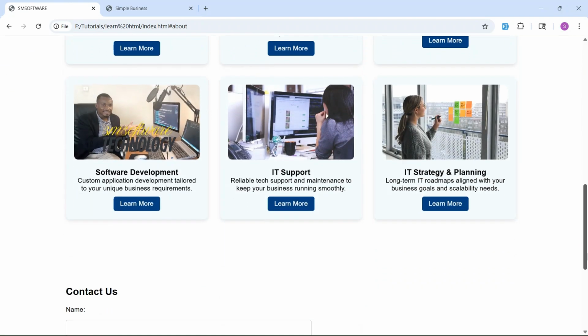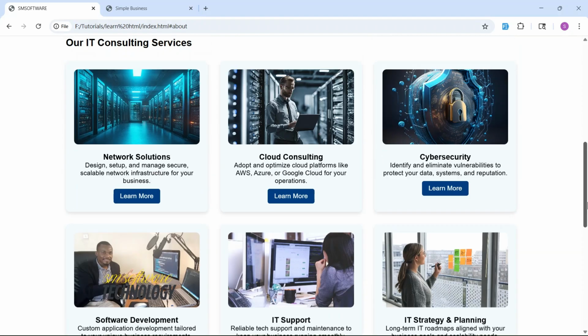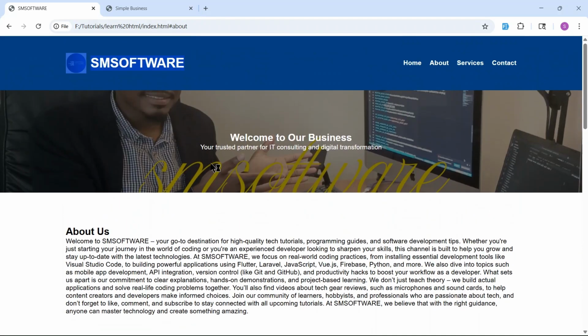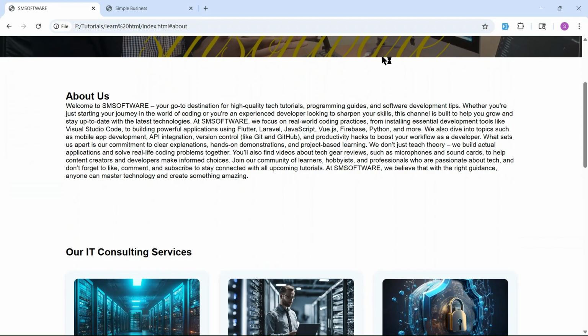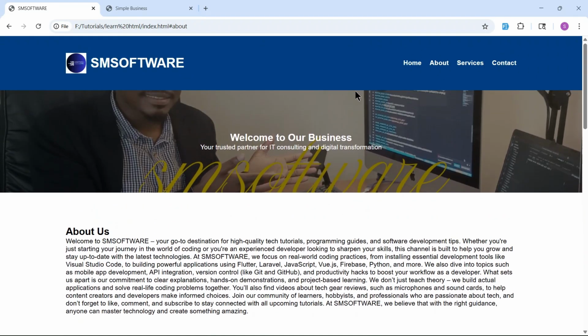So we want to have the same layout like this. To achieve this, we must make sure that we are using the same class, the container, for the header menu, logo, and application name. So it's going to be the same here, and it's going to be the same